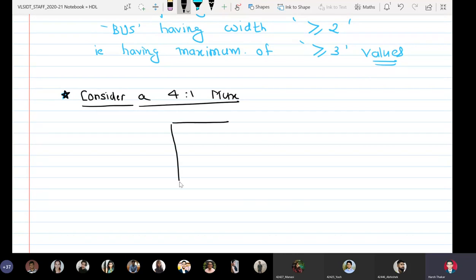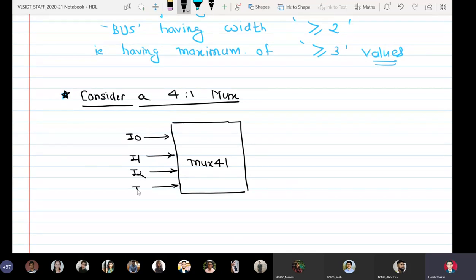So entity name mux 41, with inputs I0, I1, I2, I3.